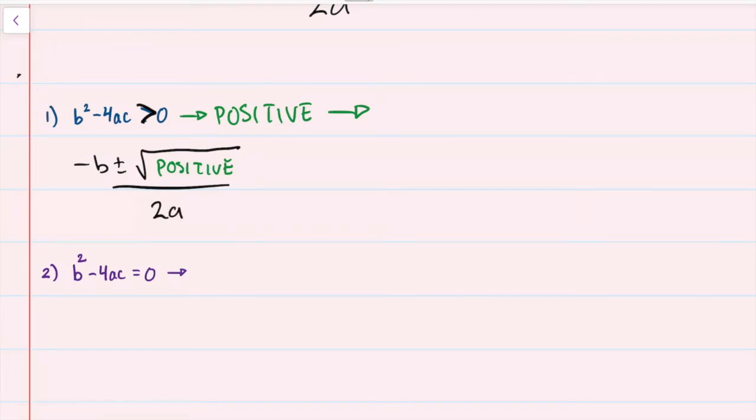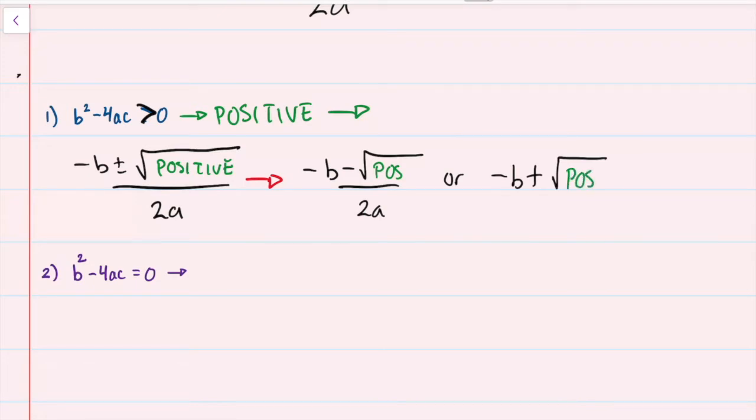Well, guys, notice how it's a plus or minus. That means we have two possible choices. The first one is negative b minus the square root of a positive number over 2a, or negative b plus the square root of a positive number over 2a. And remember, guys, we can do this with a positive number, because if we go back on decimals and double check,